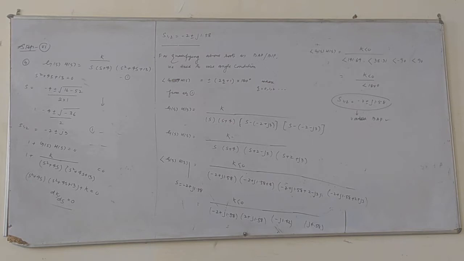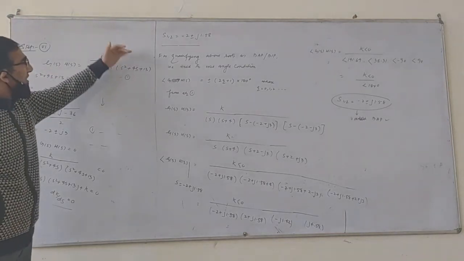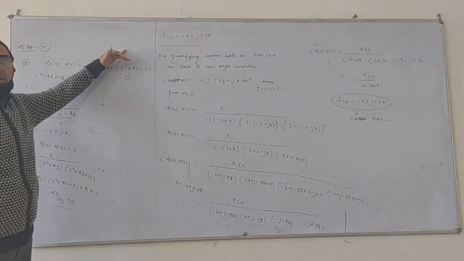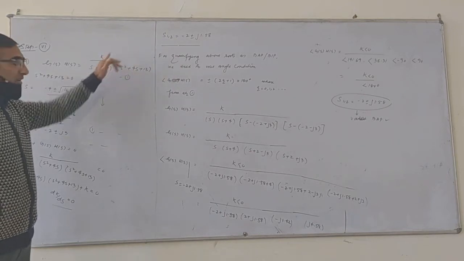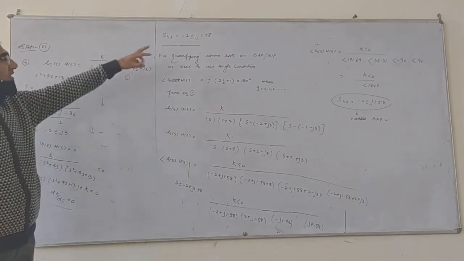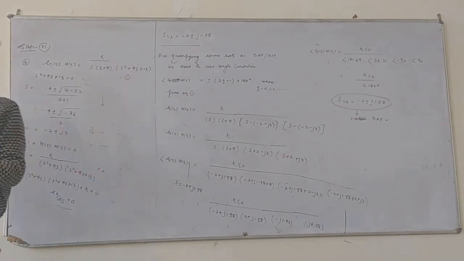But this is very important. How a breakaway point, a complex root. If there is a complex root of the dK by dS equal to 0 equation, the procedure we have already seen. If there is a complex root, how does that qualify to be a valid breakaway point? It will qualify if this equation is taken care of, then this will become 2 complex zeros, and we will get complex zeros and roots there. We have to validate them as per the same condition.